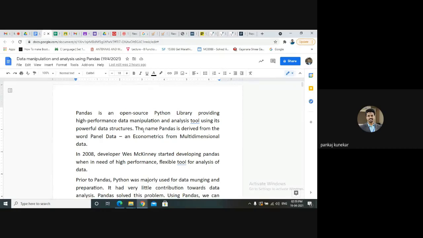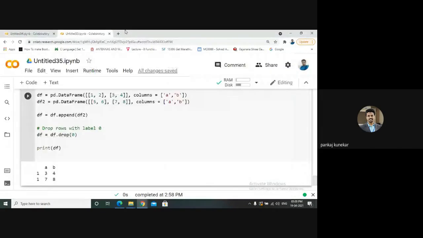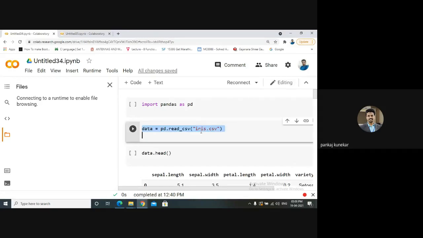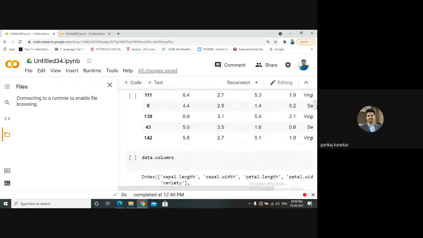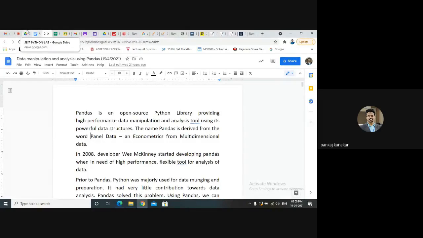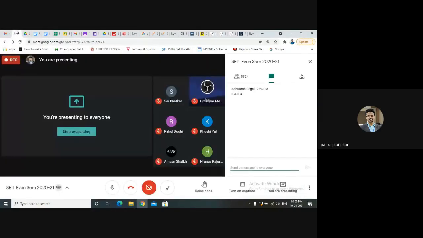In the practical session next week or in the coming week, we need to check how we can cover pandas. But the example is like this one, the Iris example. We will import the CSV file in pandas, and we will try to analyze that data. We'll perform analysis on that data. So we'll see that in our next session, but it's almost 3 o'clock.